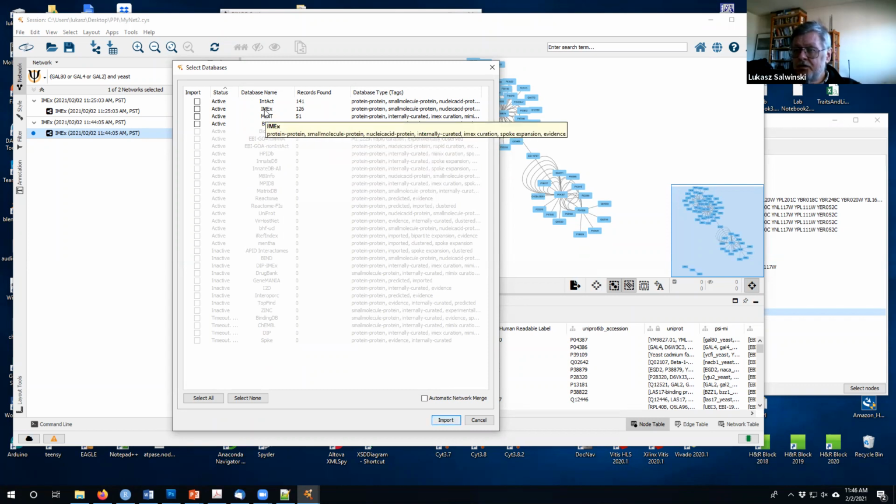Personally, I do prefer to work with IMEx. One of the reasons is that the database we're running at UCLA is also contributing to IMEx, so it's self-advertisement. But besides that, I know the details of how the interactions are processed, how interactions are curated, how the records are curated, and